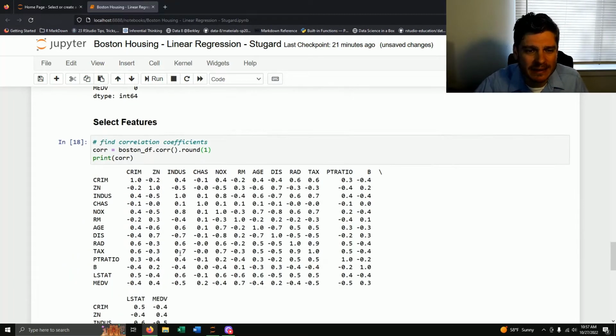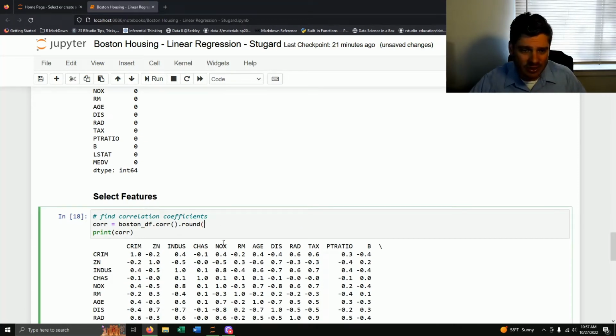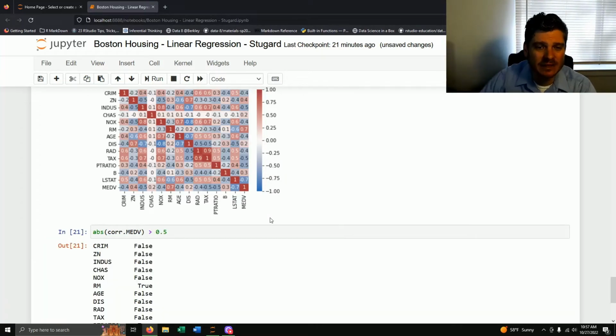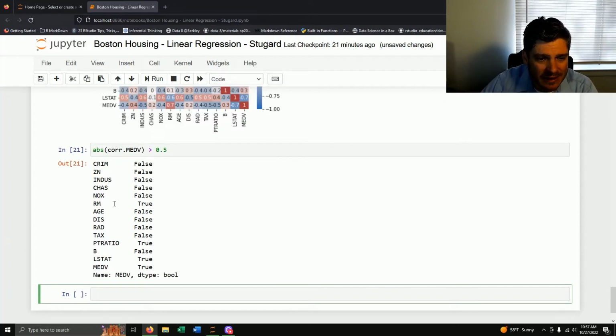Actually, let's go back. Let's not round this at all. Let's go back and get the whole values just in case. So I want the absolute value of the values in my variable, in my column here, MEDV. And I want to see which are the ones that are strictly greater than 0.5. What's greater than a half? And we run through the Boolean. Yeah, it looks like RM is true, so that one's true. The PT ratio is true, LSTAT, and then